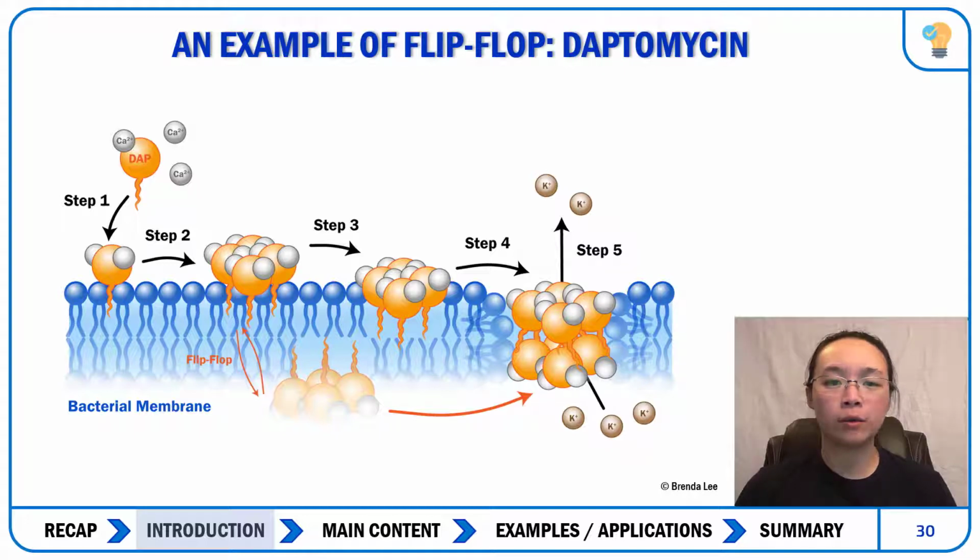Essentially, daptomycin, or DAP for short, is a really powerful antimicrobial peptide that is extremely efficient against gram-positive pathogens. Even better, it's good against resistant strains of bacteria like MRSA and VRE. But it works in a very unique way. First of all, it's actually activated by calcium ions, so it becomes positively charged and becomes a cation. And because bacterial membranes are usually negatively charged, daptomycin is attracted to the bacterial